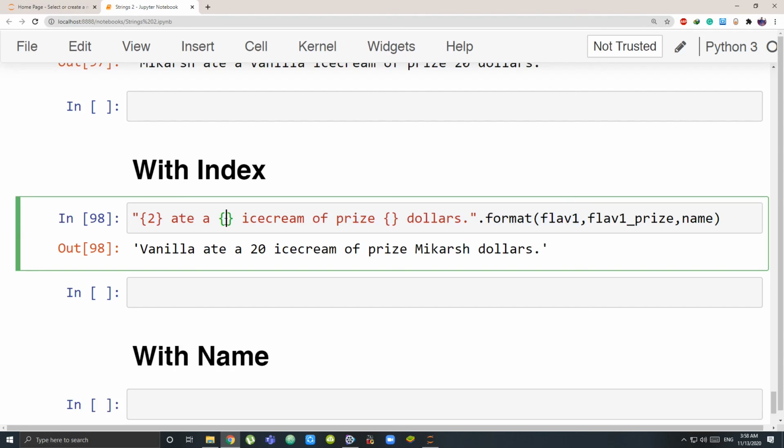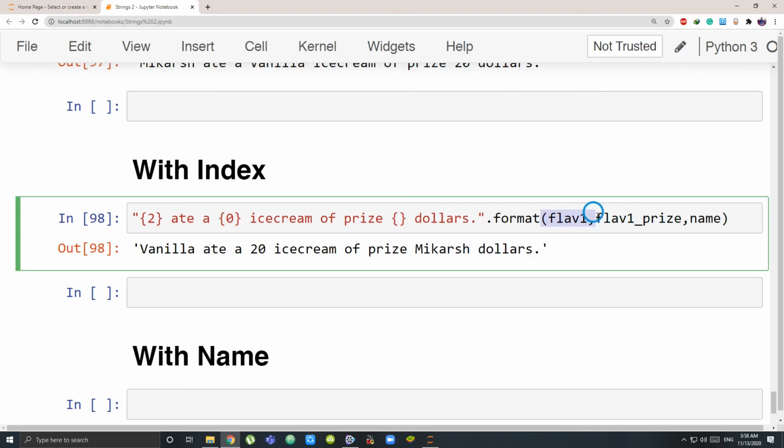Then what do I want after ate? I want the flavor. So where is flavor given in my round brackets? It's there in the first position, that is 0. That's the 0th position according to Python. Then price, where is price given? It's given after flavor.